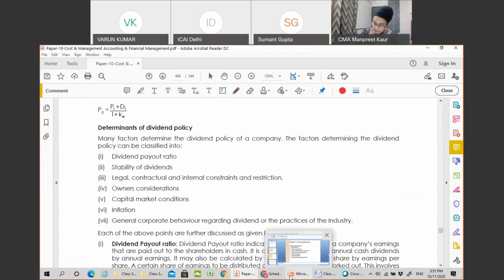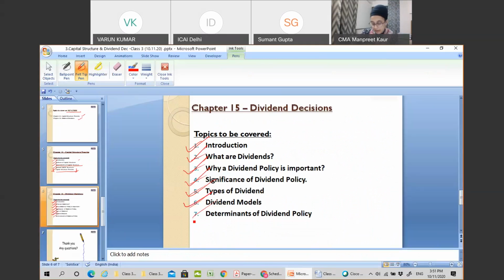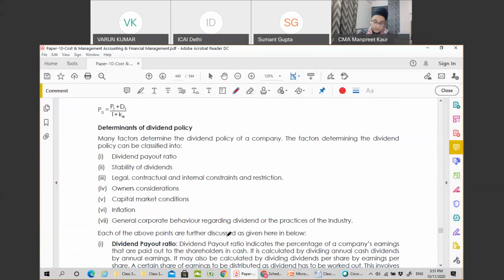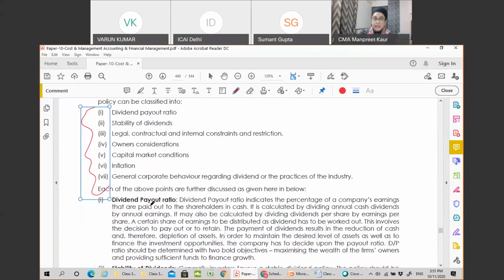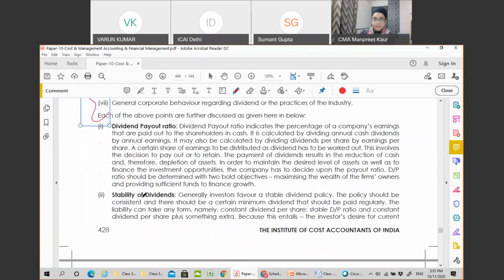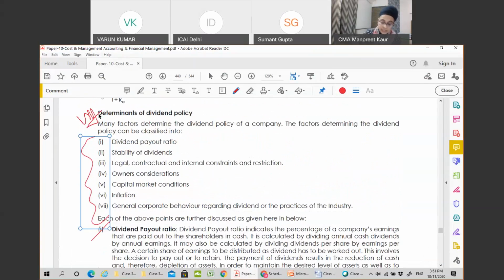And the last topic we have done with dividend models, and the last topic is the determinants of the dividend policy. There are 7 determinants, like the factors affecting the capital structure: flexibility, sales growth, control. These are the determinants of the capital structure. Similarly, there are determinants of the dividend policy which affect our dividend policy. First of all, it is the dividend payout ratio. This is very important because